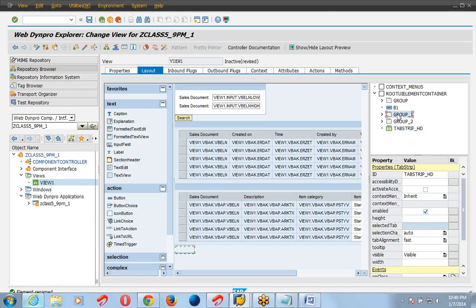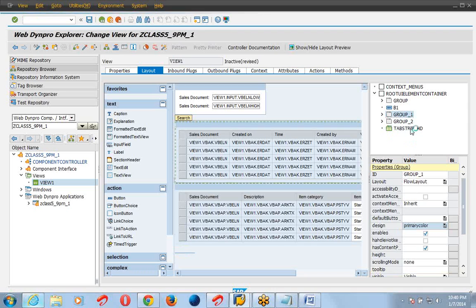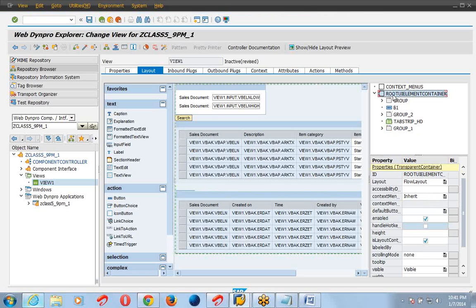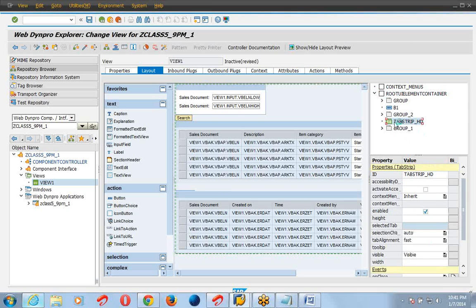Drag and drop the first group into tab strip one. And create another. Just a minute.